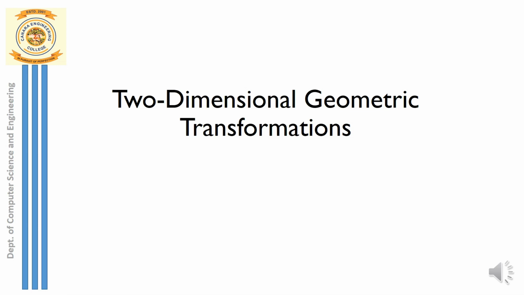A geometric primitive can be a square, a triangle or a circle. All these are 2D shapes. It can also be a 3D geometric primitive like a cube or a sphere. Any such 3D shape you can take. On all these objects we can apply some transformation techniques. We will see what these transformation techniques are, and one by one we will discuss in detail the 2D transformation techniques.